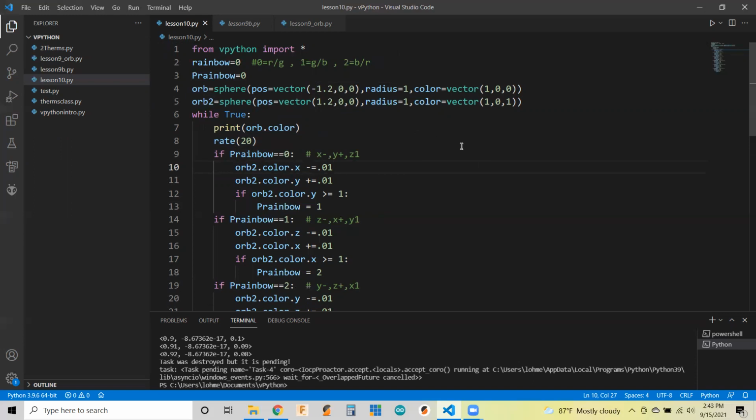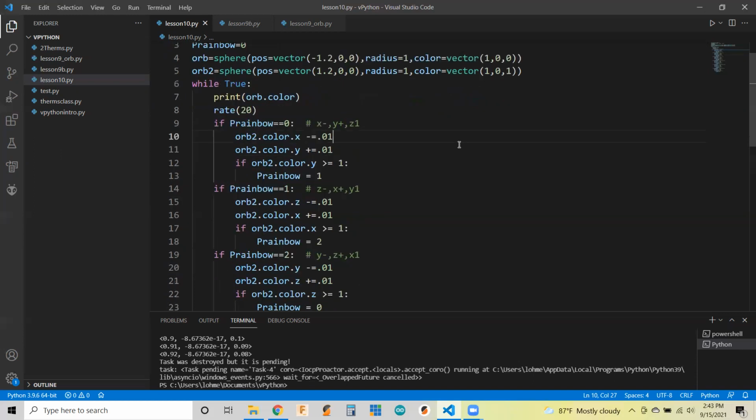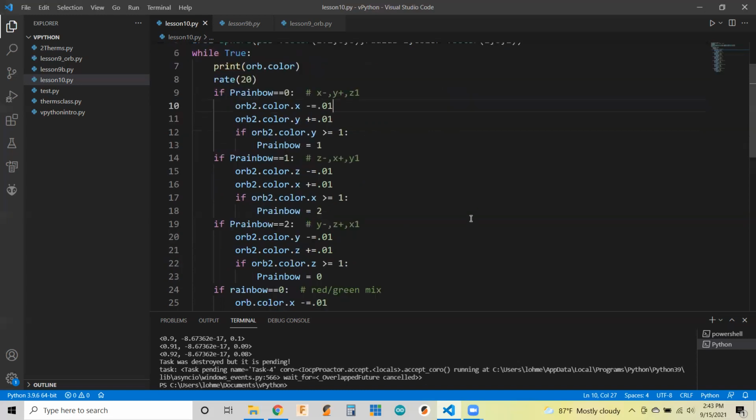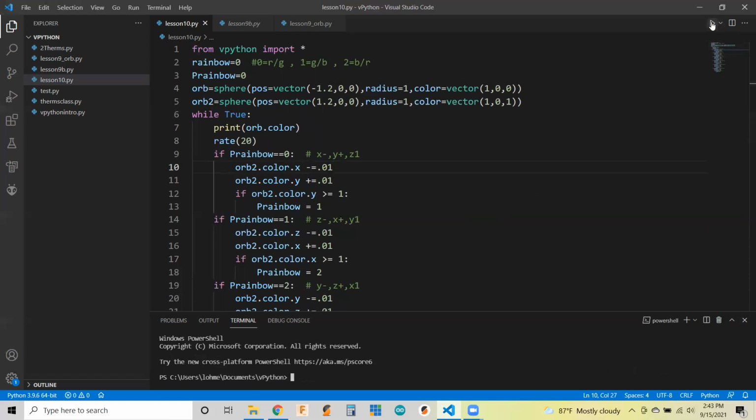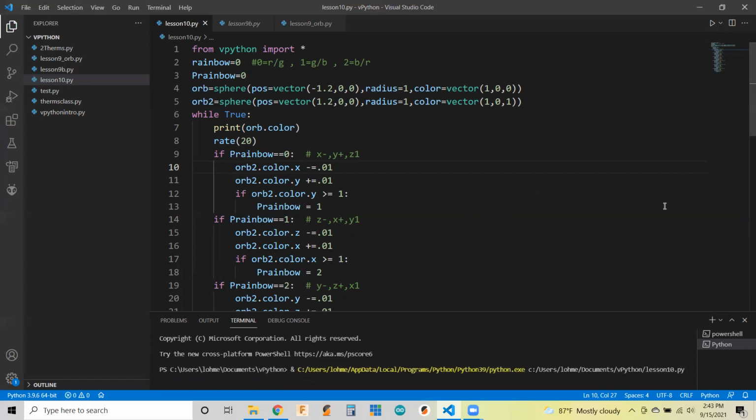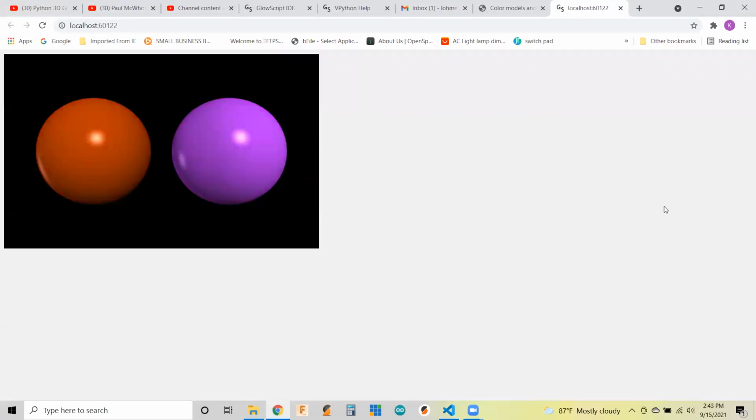Basically I did that, and then you're just changing the color of each orb individually, and I'll show you the results. So you can see the colors don't match up naturally because we've got different other RGBs on at different times,